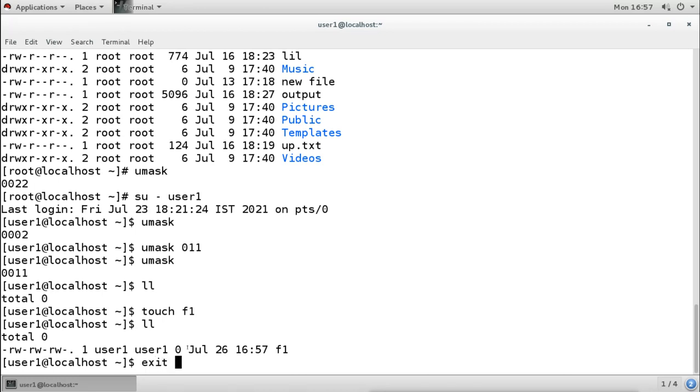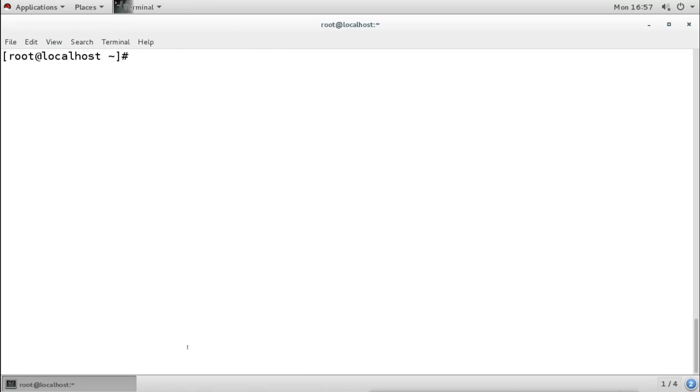Same as for the root user, if you change the umask, you can change it by using the umask command. Now it is temporary, but if you want to change it permanently, then you can change the variable for the umask. Changing the umask will change all the upcoming files. After changing the umask, any file or directory you create will get the default permission according to the umask.